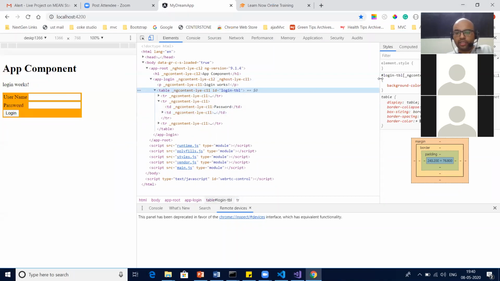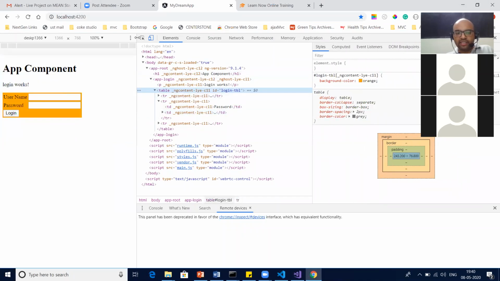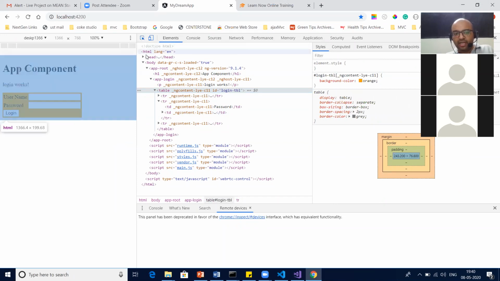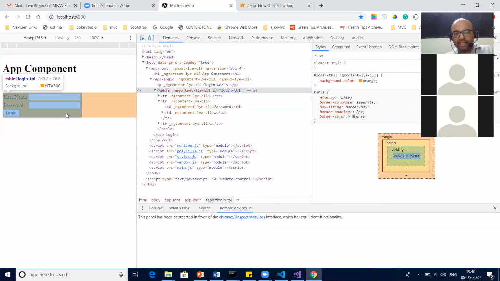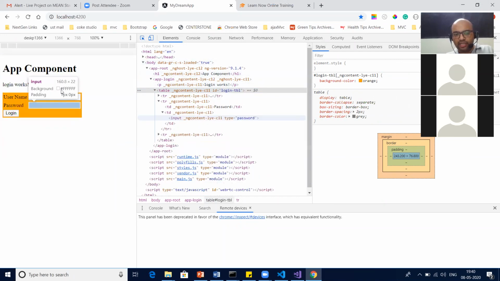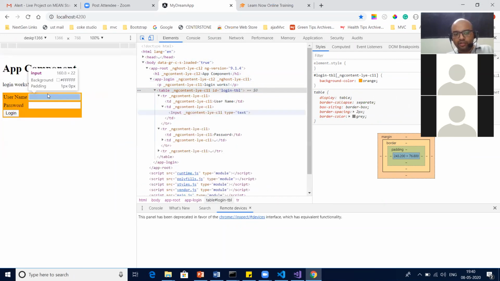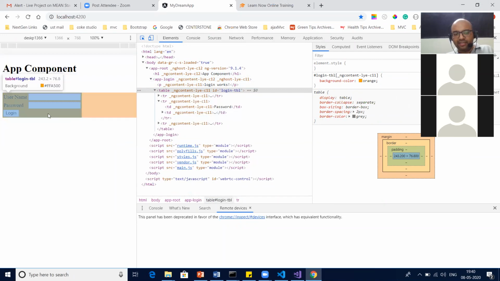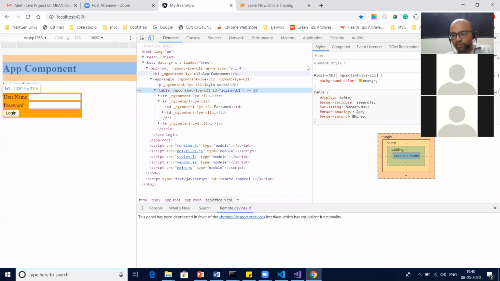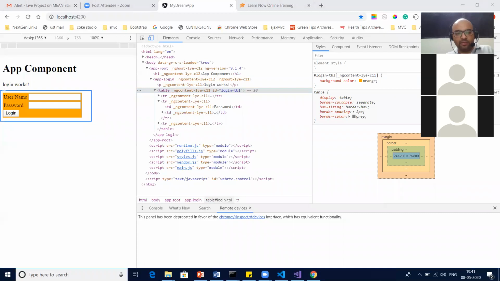So you can see, when you select this, this is the element selector. When you click on the element selector and you hover on an element on the page, say I select the table, the table gets highlighted, and at the same time you can see its style will open up over here. Please pay attention, guys. This is very important. This is your bread and butter. As of now I have selected this table.